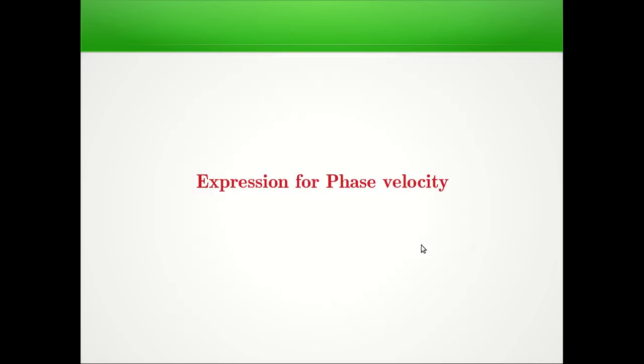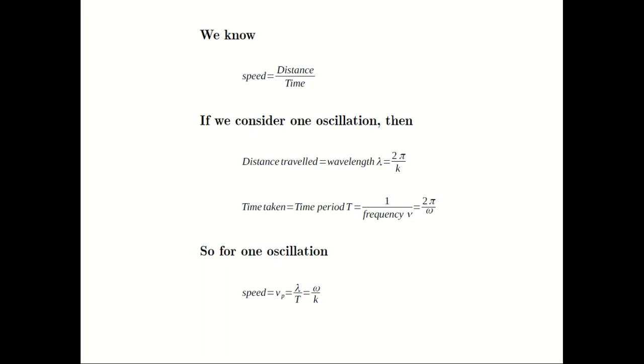Now let us see what is the mathematical expression for phase velocity. There are two ways by which we can obtain the expression for phase velocity. The first way is a very simple one. Let us consider a wave propagating in the forward direction. Now we know speed is nothing but distance divided by time. If we consider one oscillation of a wave, for one oscillation the distance travelled is equal to the wavelength lambda,